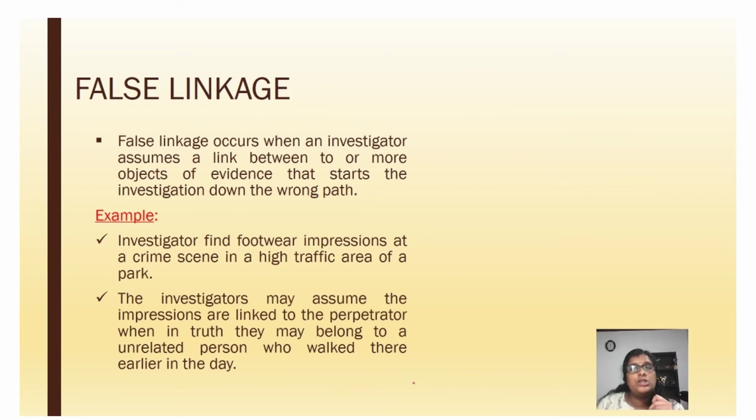Then the third one is false linkage. False linkage occurs when an investigator assumes a link between two or more objects of evidence that starts the investigation down the wrong path. For example, the investigating officer finds a footwear impression at a crime scene in a high traffic area of a park, and assumes that the impression is linked to the culprit or the perpetrator, when in truth it may belong to an unrelated person who walked there earlier